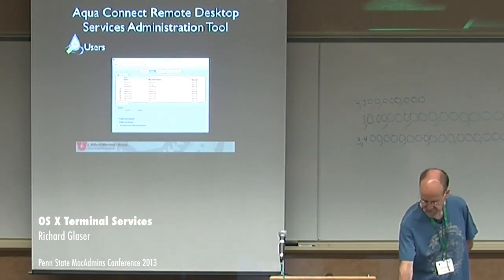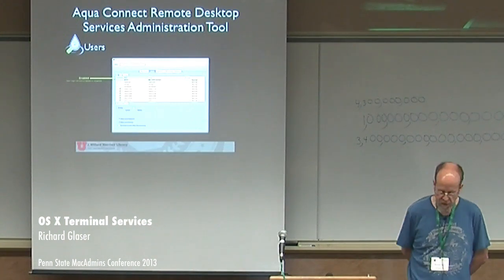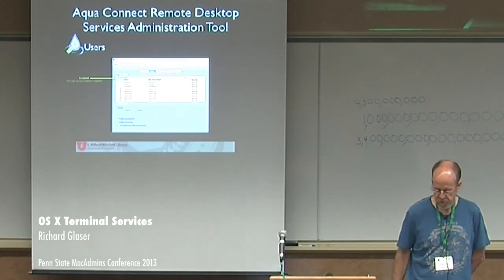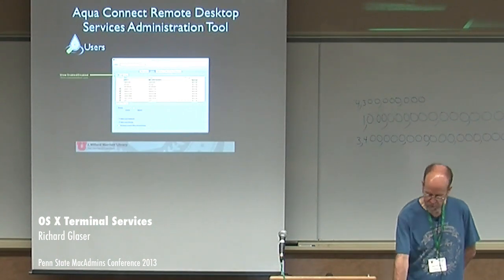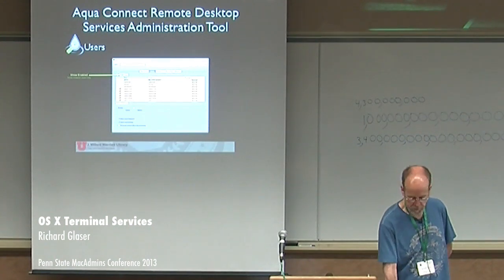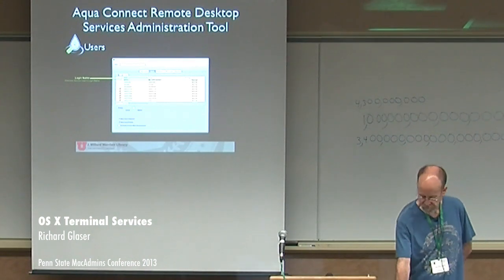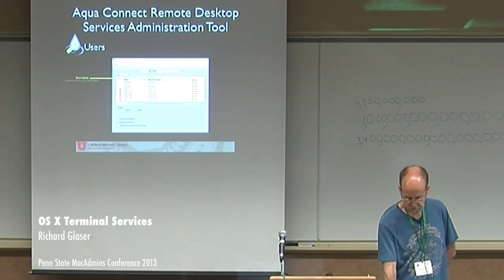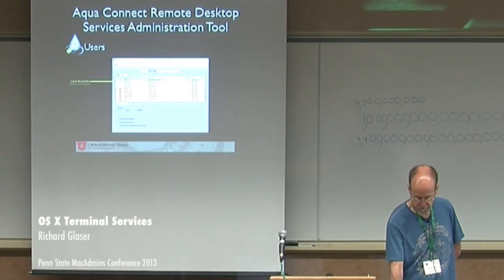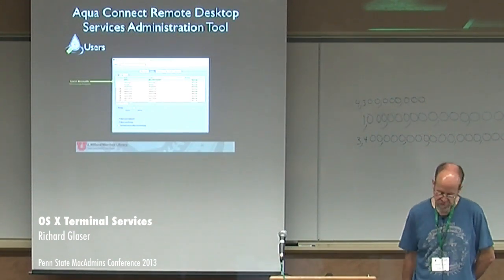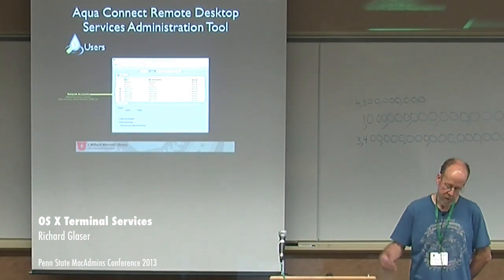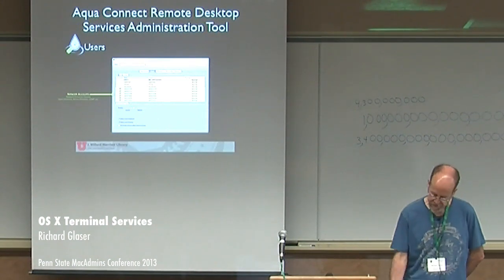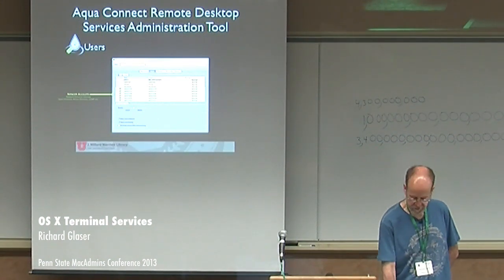The user section. You have an enabled column where it shows if the users are enabled or disabled. Then you have filters where you can tell it to show all, only show enabled, or only show disabled. Those are the login names of the users, the real names of the users, and the CPU priority. These are local accounts in our environment, and these are network accounts in our environment. We're using LDAP and Kerberos. We also have Active Directory on our campus, but we just continue using LDAP and Kerberos.